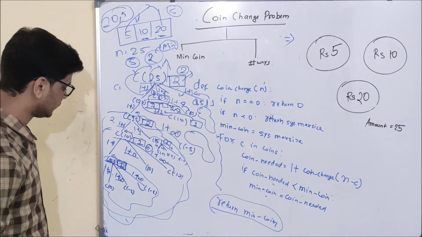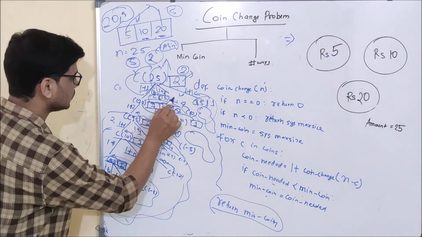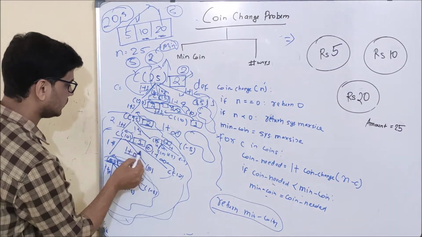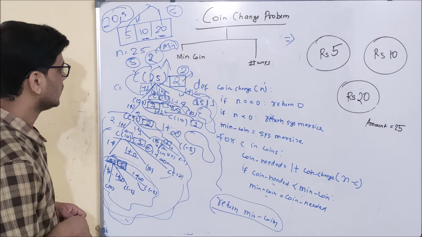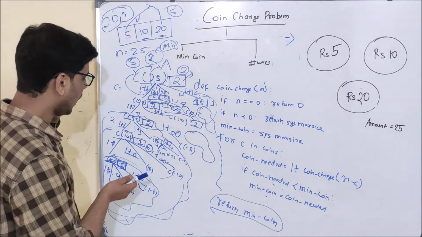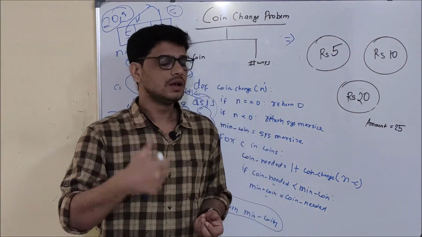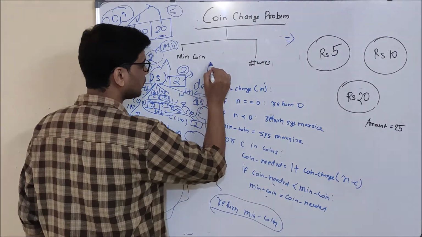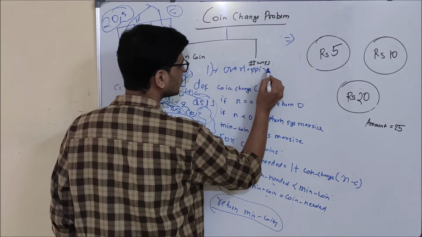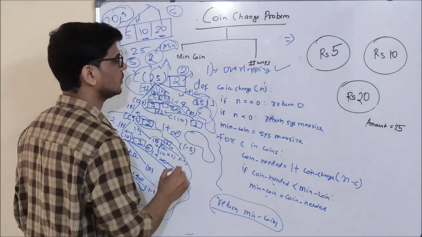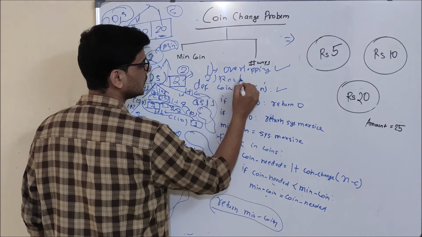And one more thing, the analysis part. C5, C5, C5, C15, C15. Okay, and C10 also was there. So basically what I am trying to say is, you can see how many duplicate calls are made here. So basically the dynamic programming property, overlapping subproblem, is satisfied. Okay, and we have already written the recursive equation, so it is also satisfied.